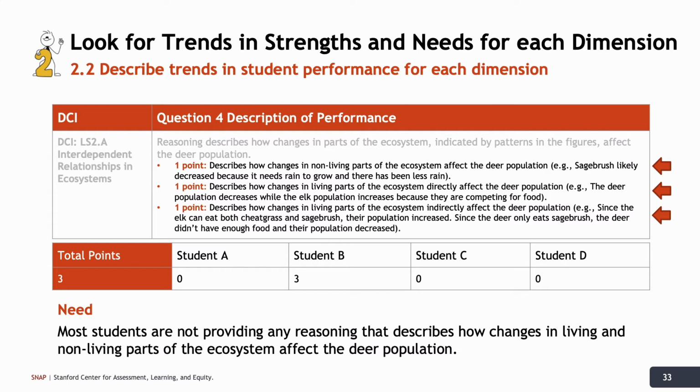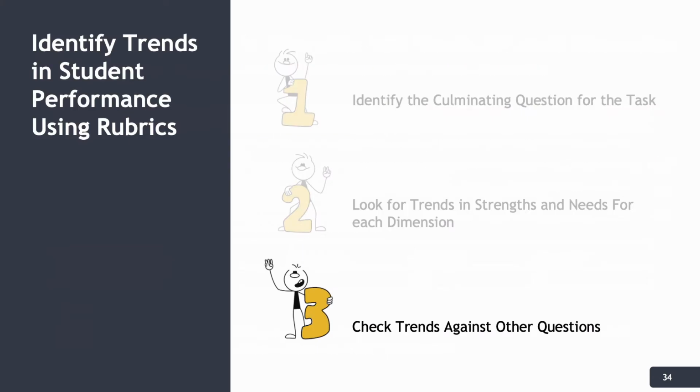And don't use reasoning to connect the elk, deer, and grasses data. Again, we use the word most in our trend because about 75% of our students were showing this kind of evidence. While the analysis of student work brought out some very clear trends in students' strengths and needs, it's important